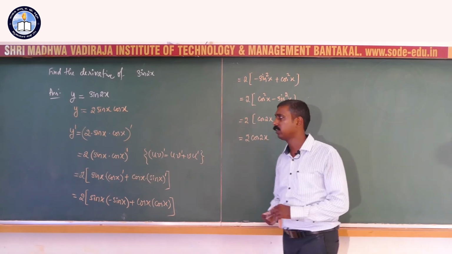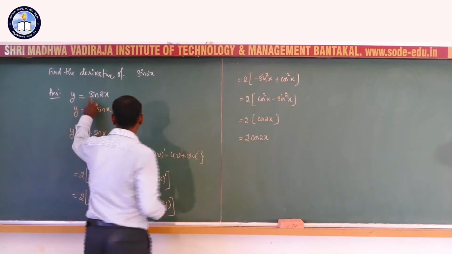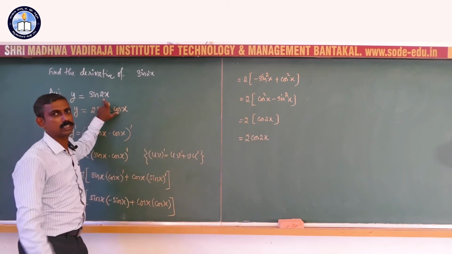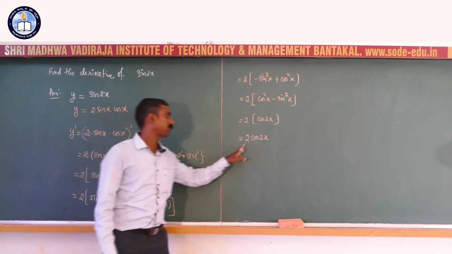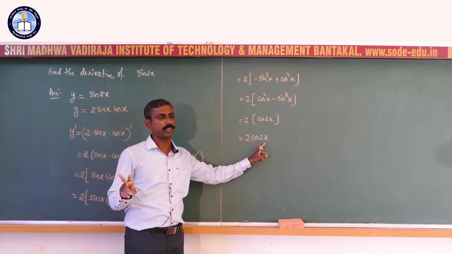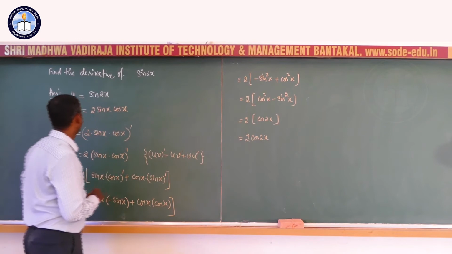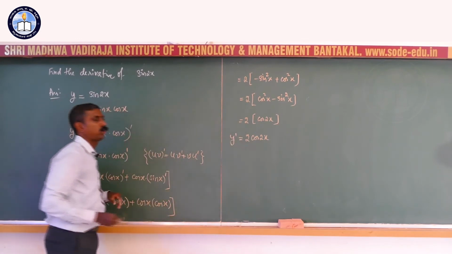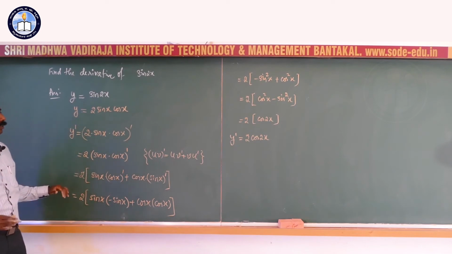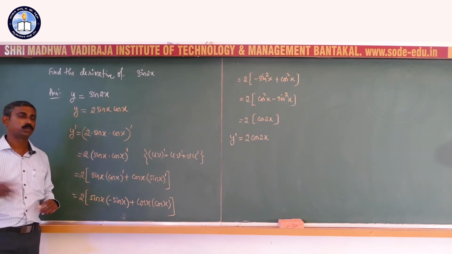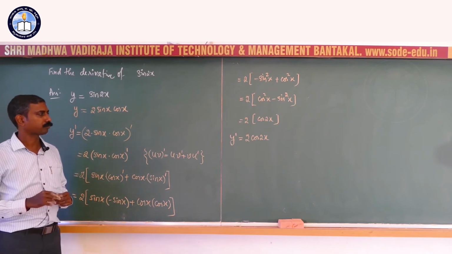You see that when you differentiated sin, you are getting cos. That 2x is retained. Only one extra term came outside. What is that? It was a 2. That 2 was the coefficient of this x. So, the derivative y dash is equal to 2 cos 2x. See, this is the simple way of applying the product rule to the problems.